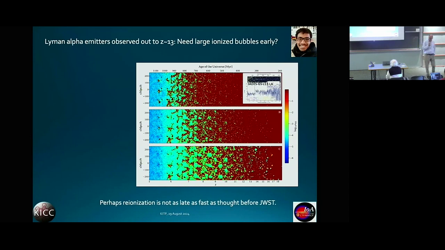For this reason, Shikha, in another paper that he has published earlier this year, has run a few models that ionize a bit earlier, just to cater for the possibility of being able to model this. So redshift 13 in these light cones is here. And in the model that we had as our fiducial model, you see there are hardly any regions yet that have a bubble that's large enough that the Lyman-alpha could come all the way to us. So we have here two other models that start earlier, to be able to model this in a bit more detail as the data comes in.